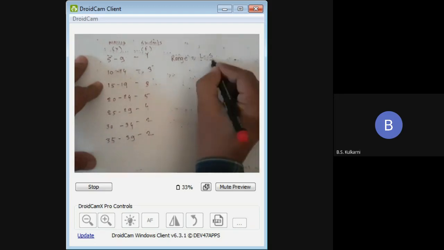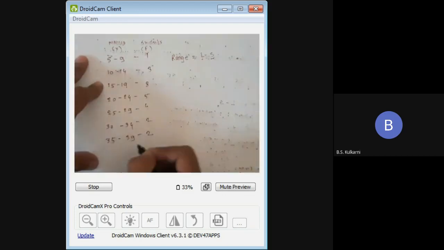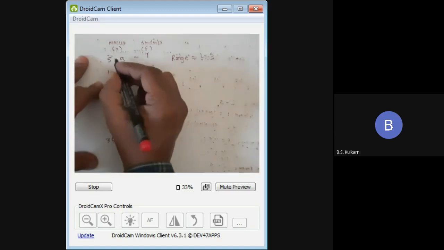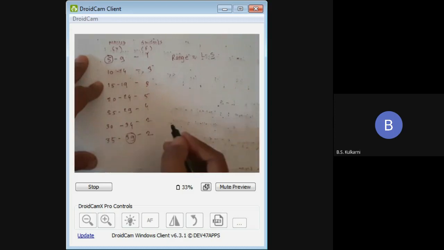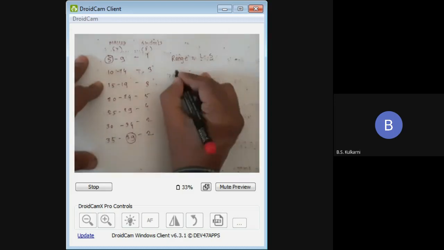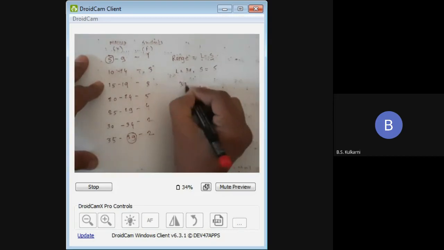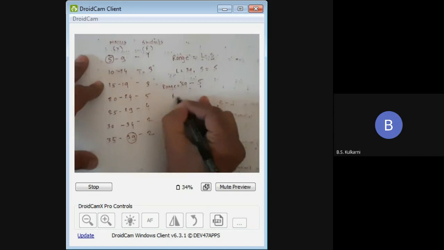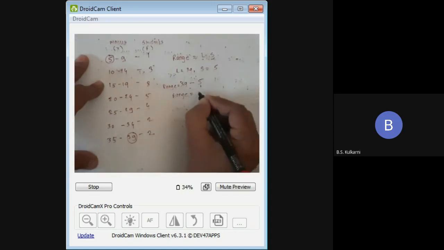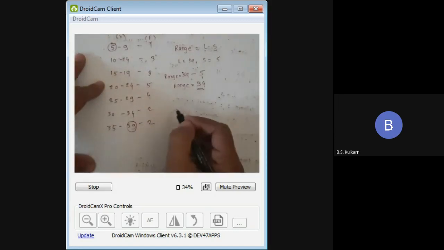हर बार आपको L का और S का मीनिंग लिखना है. ओके, अब which is the smallest one and which is the highest one in the given data? So 5 is the lowest one and 39 is the highest one. Okay, so L is equals to 39 and S is equals to 5. So 39 minus 5, range is equals to 34. Okay, this is your range.